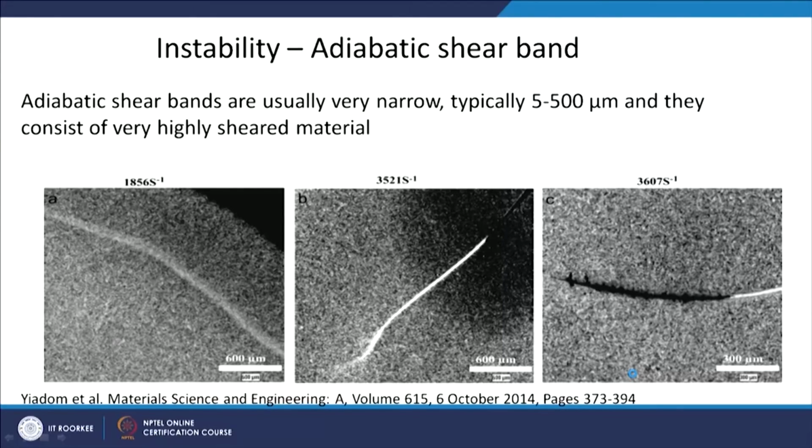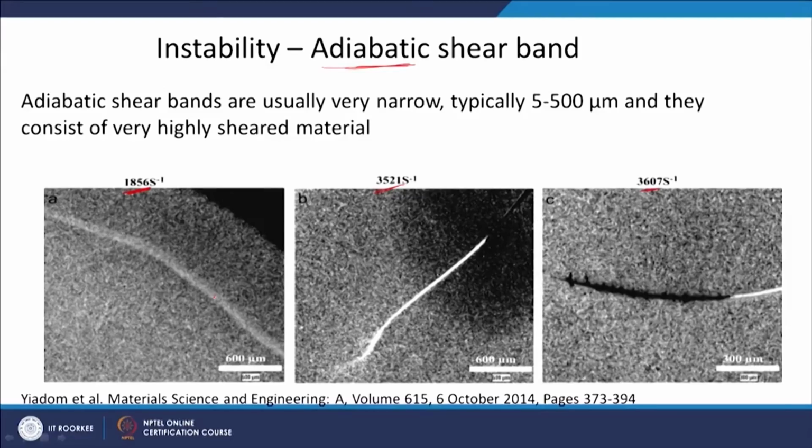For example, a few images are given here. This is an image of adiabatic shear bands. These are very narrow, typically 5 to 500 micron, and they consist of very highly sheared material. These happen, as the name suggests, because of adiabatic heating. When you are deforming at very high strain rate, the strain rate is mentioned here, 1000 per second, 3000 per second,